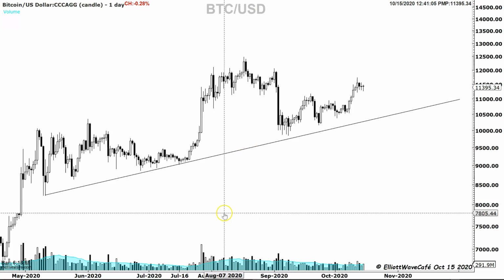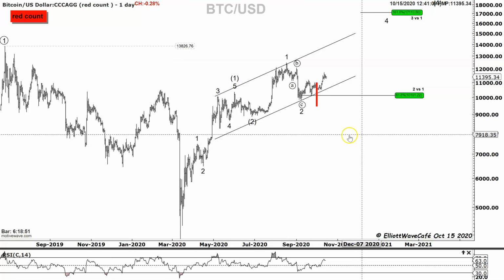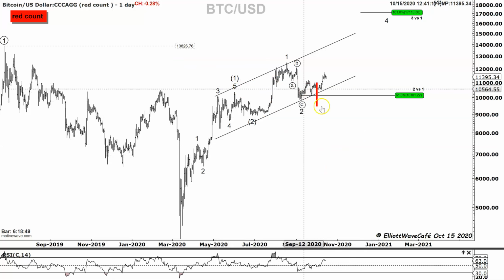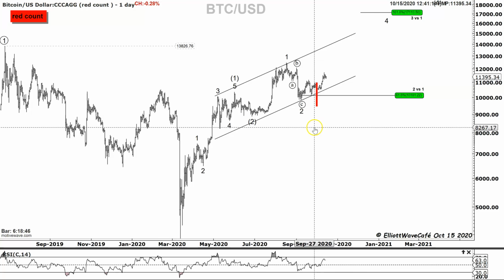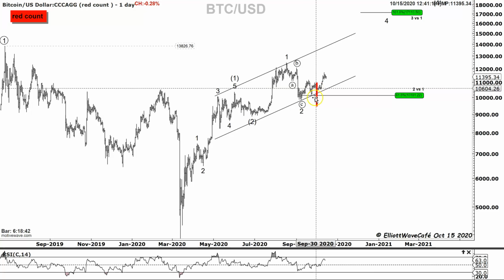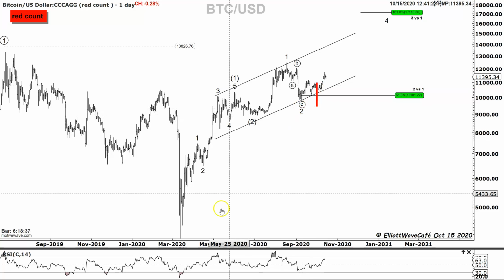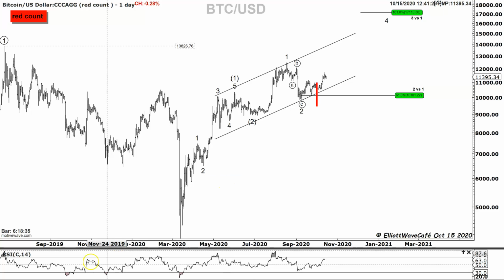Let me take a look at the wave counts in here and see where we are. So if I go back and look at the wave count, last time we talked, which was a couple of weeks ago on Friday, it's pretty much where this red line was. And we talked about, if you go and rewatch the video, a pretty high probability of a possible move to the upside in here, based on an impulse move off the lows, some sort of a triangle, a corrective move sideways, and another push to the upside. So we finally got that thing, and